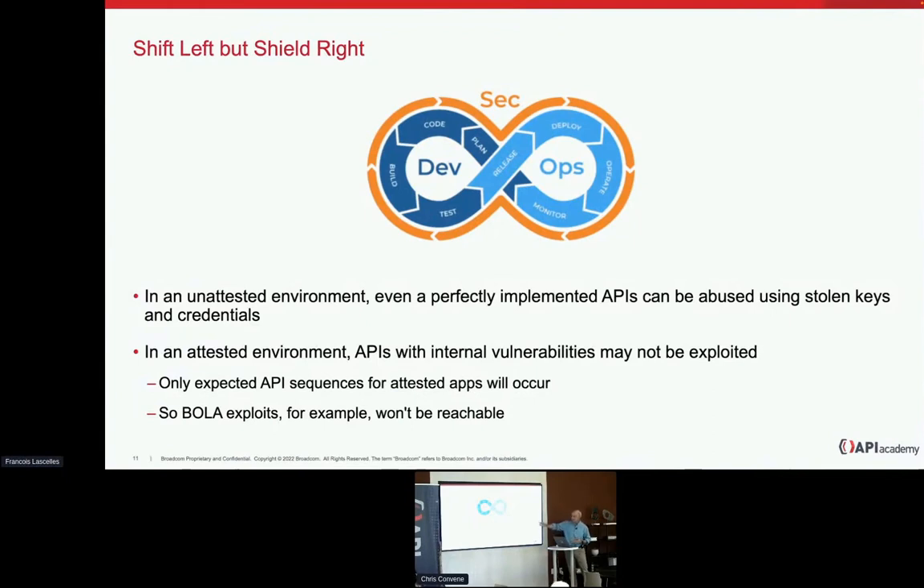So in an unattested environment, even a perfectly implemented API, if I can get a hold of your API keys or your user credentials, then I can abuse your API, even if you invest 100% of your effort in making that API totally vulnerability free as you implement it. So with an attested environment, I'm going to claim that even if your API is not perfect, even if there are some vulnerabilities internal to it, given that the only way those